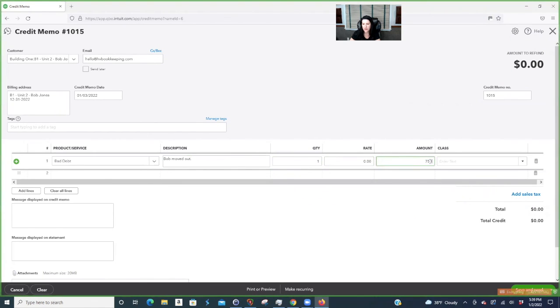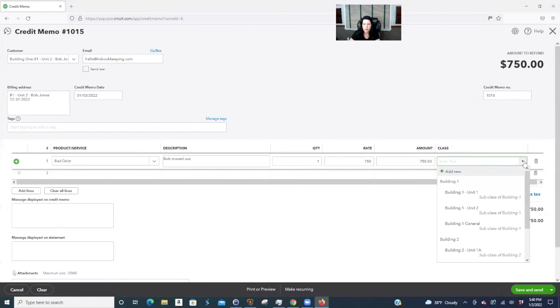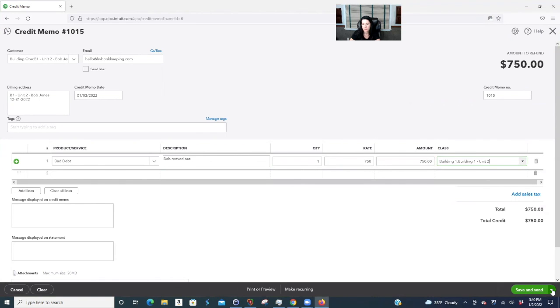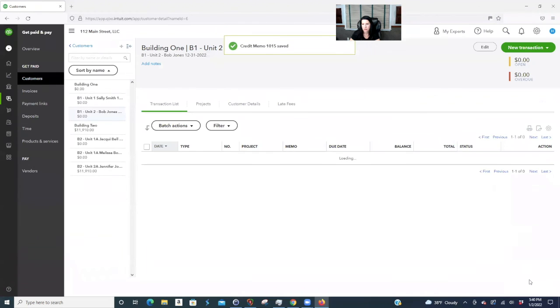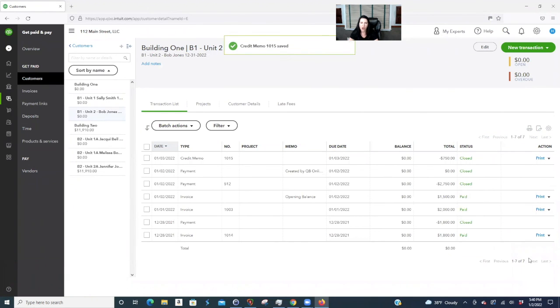So we're going to write off the 750. Building 1, Unit 2. Okay, it auto applied that. I hate it when it does that. There's a way to go change that, but I'm not going to get into that right now. Okay, so now Bob Jones doesn't show that he owes any more money, but we still have the fact